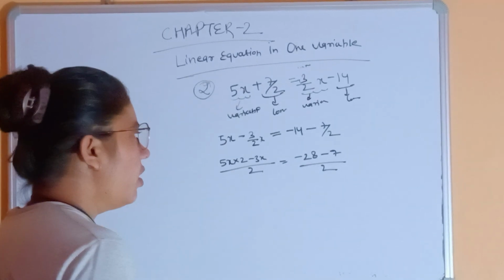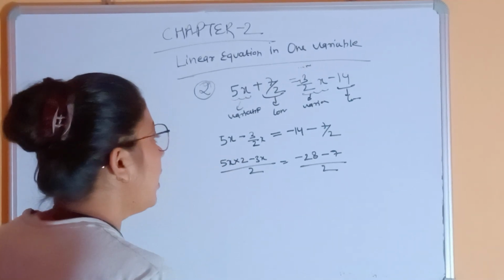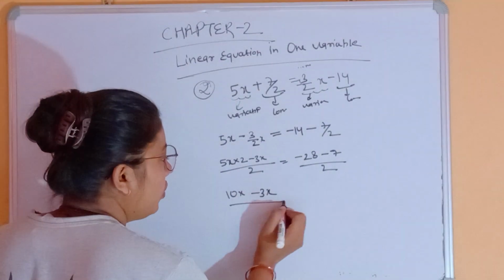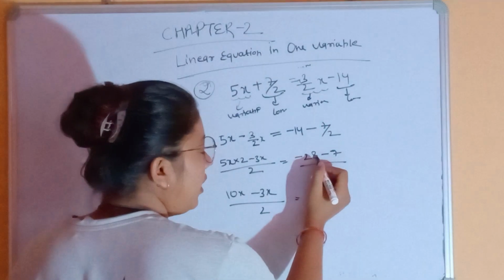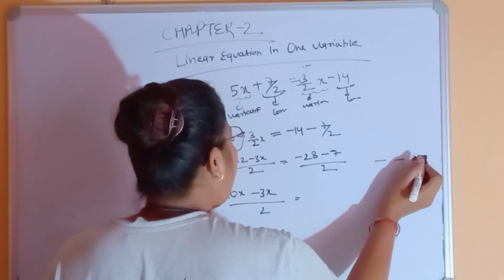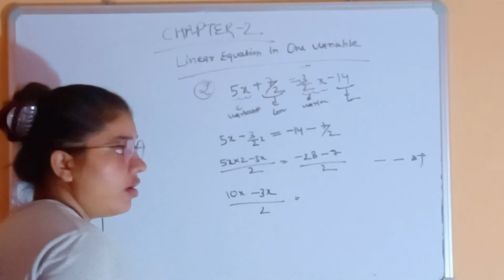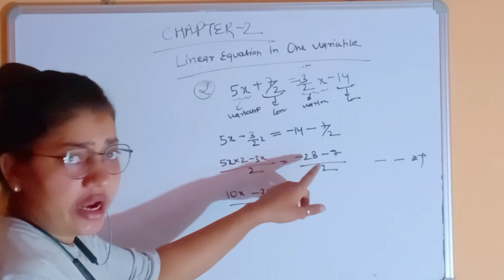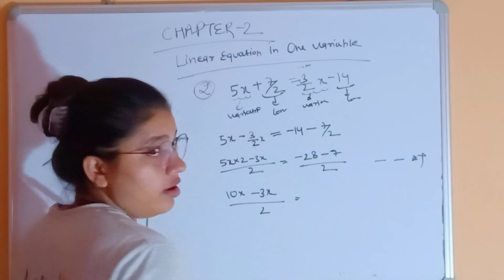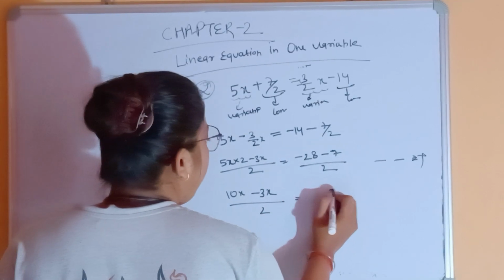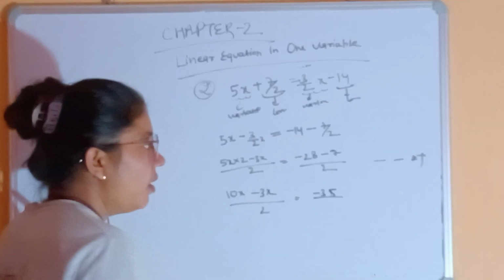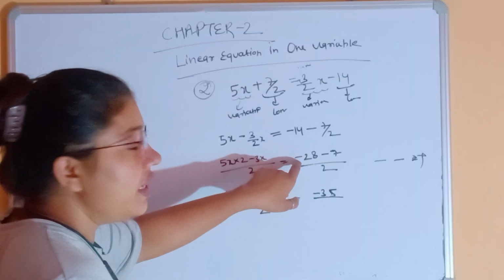Then solve here: 5x into 2 is equals to 10x minus 3x divided by 2. Okay. Here is minus 28, minus 7. Here it is minus minus. Then we understand minus minus equals plus. So first we do minus 28 minus 7, which is equals to 7, 8, 15. 15 or here 22, then 3 minus 30. Why do we take minus here? Because in the greater value the sign in front is minus.